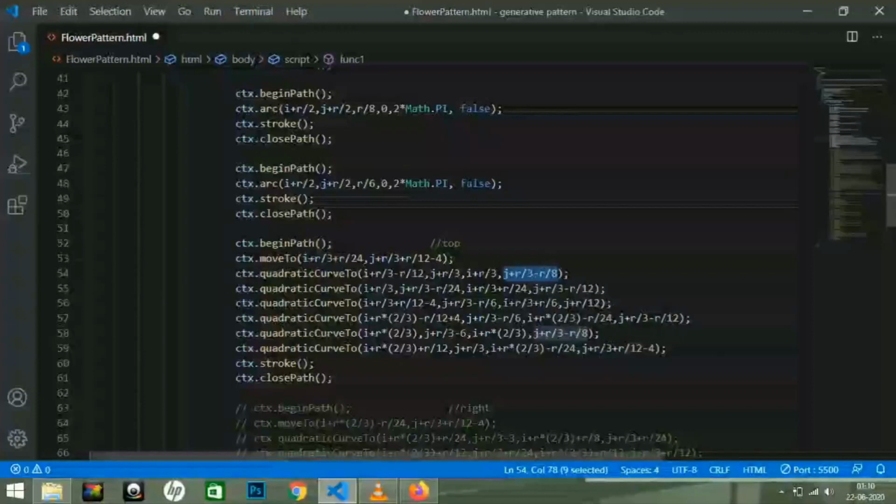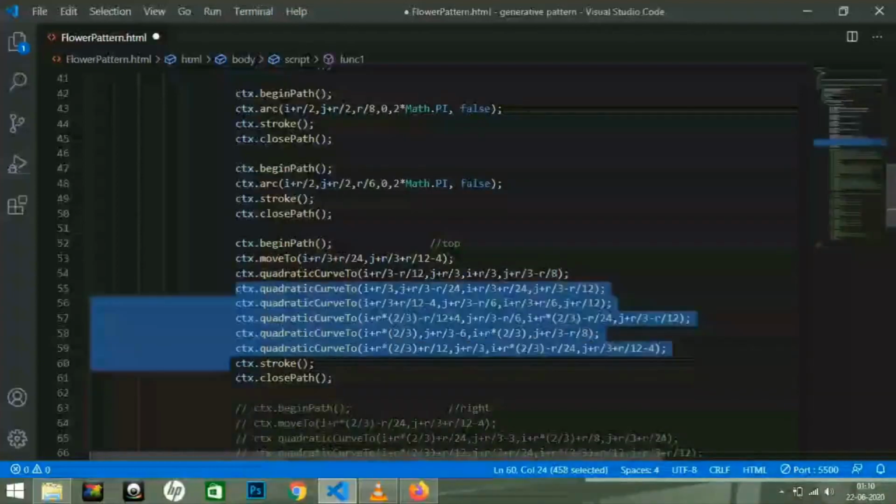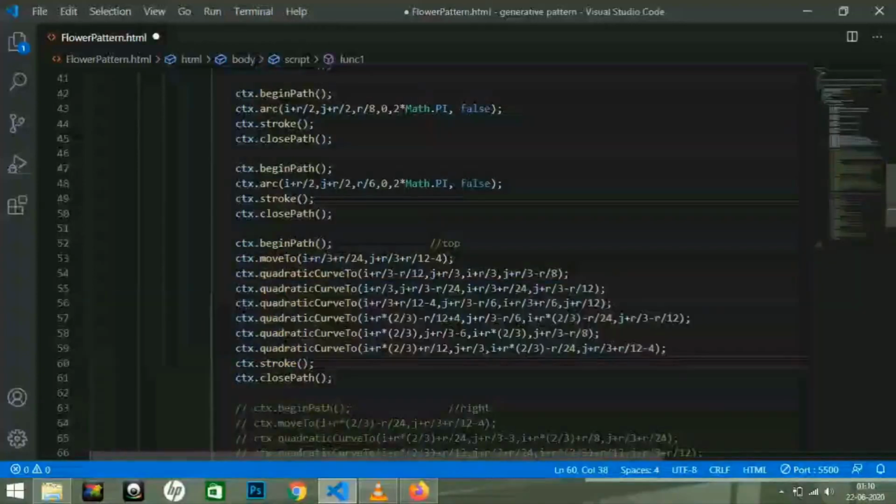So, using the quadratic curve in the same manner, I have defined the complete path of the first petal of the flower. So let's uncomment the code and see the changes in the Live Server.